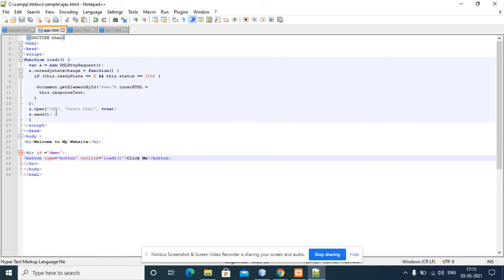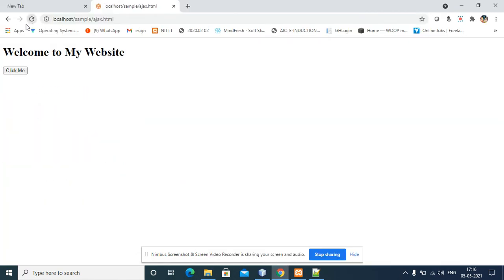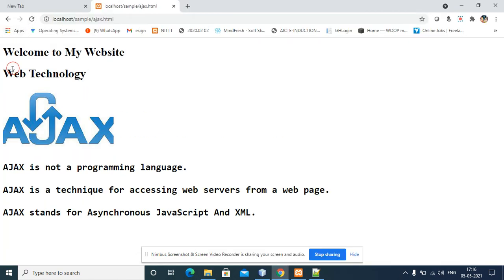Now if you run it, once I click that particular button, only this will come. Welcome to my website will be as it is. Only the content, instead of the particular button, the test2 HTML file will be loaded there. That is dynamically loaded here. This one is click me.